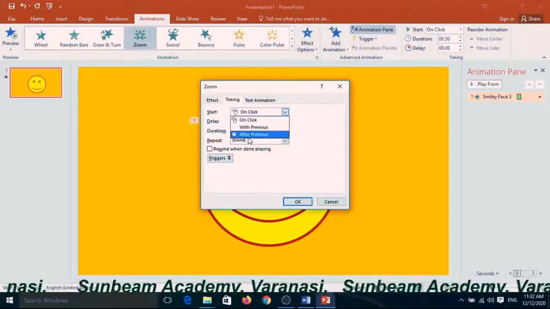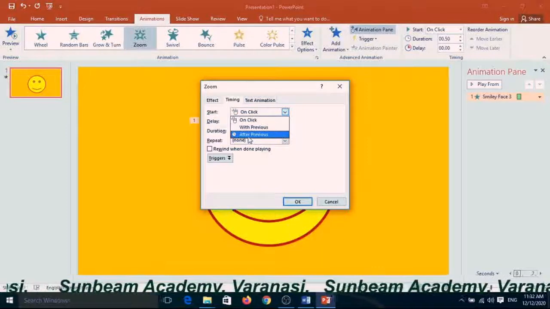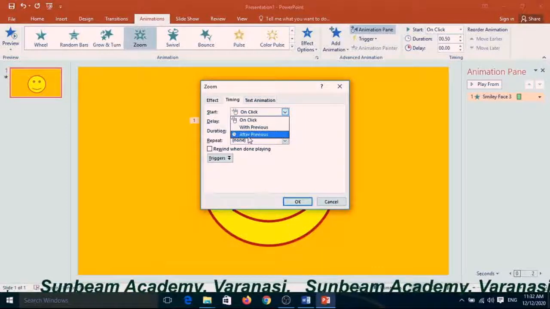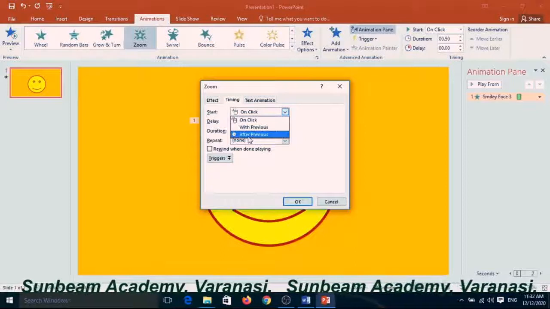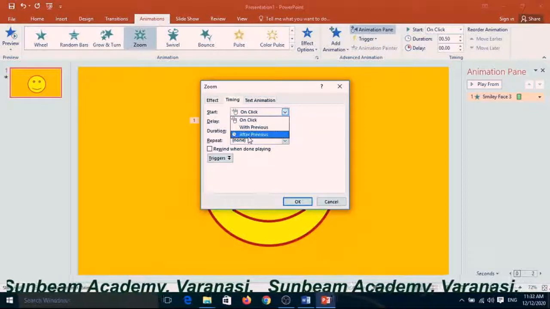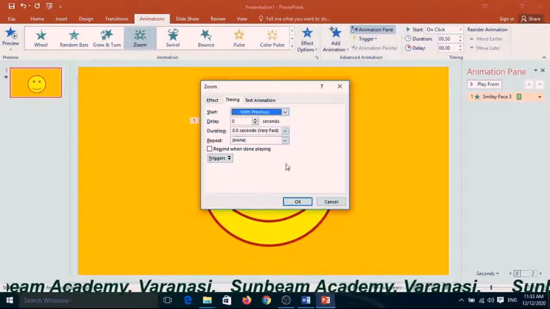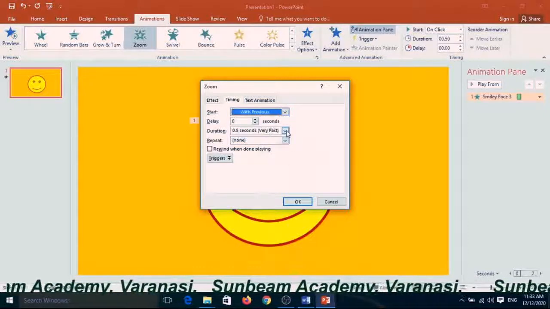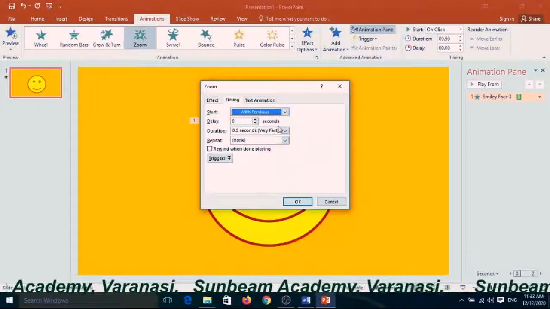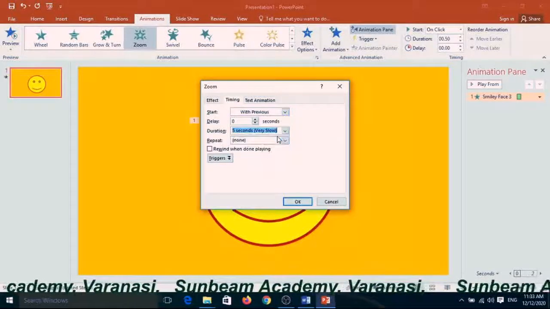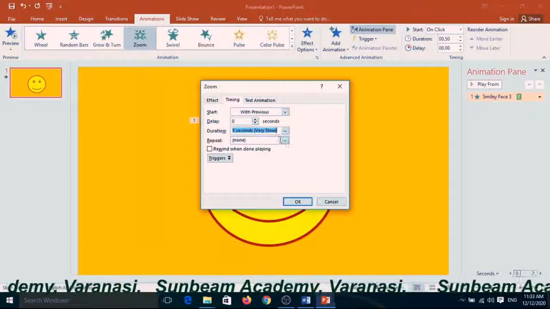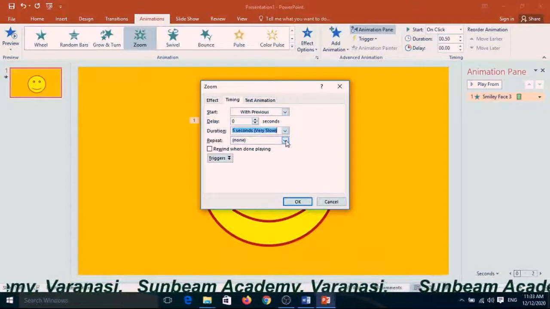If you choose after previous, it will display after any other effects. Suppose I choose with previous, and here the duration is there, very slow, and repeat. It depends on you.